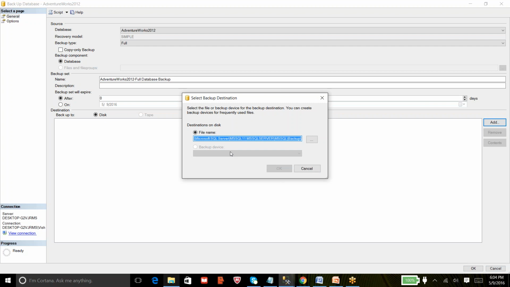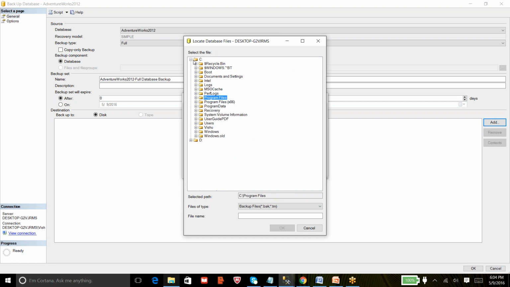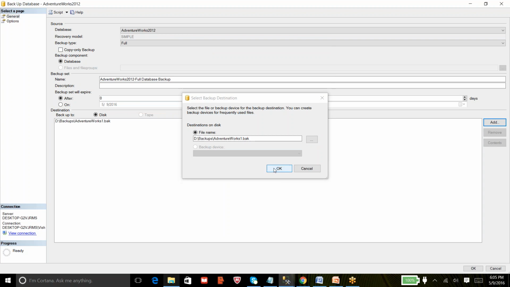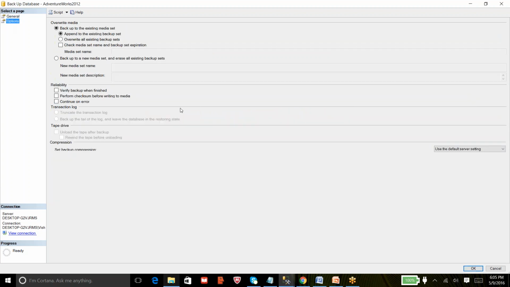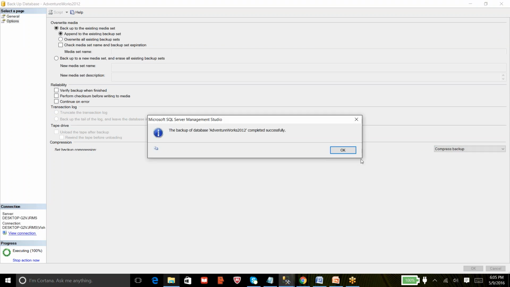So I remove it and take another full backup to D. Now I use AdventureWorks1.bak. And this time I go with the compress option, compress backup. And it's done.